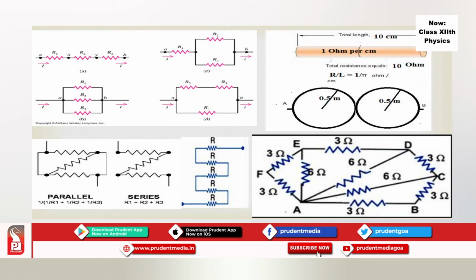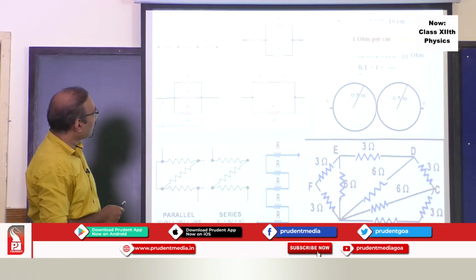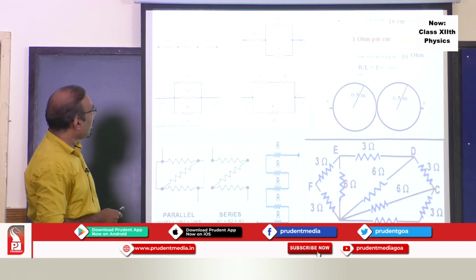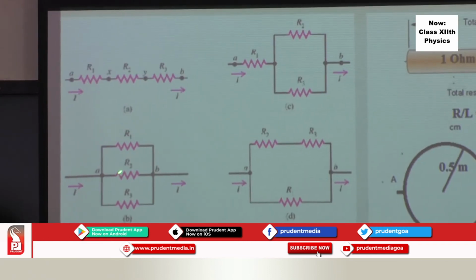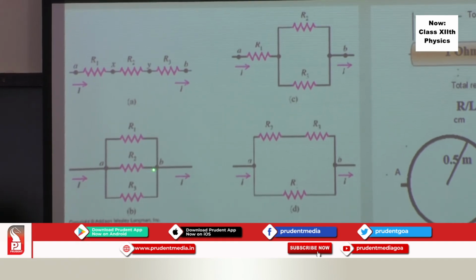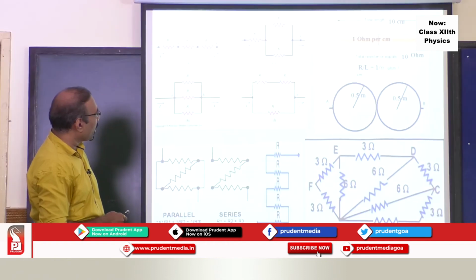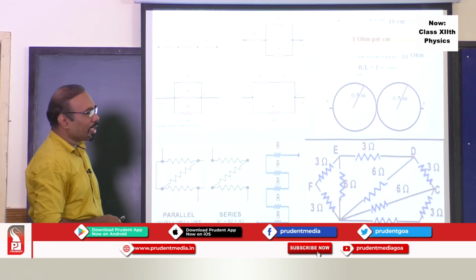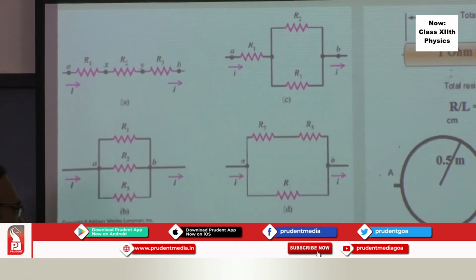examples where these resistances are connected in series, current is common. At this resistance, current is again divided into two branches. Here, all the three are in parallel, so current is getting divided into three branches, and again it will meet into a main current. This current is divided into these two branches. Here the same current is flowing, so R2 and R3 will be in series, and that will be parallel with respect to the other. So these hints will help you to solve some problems.